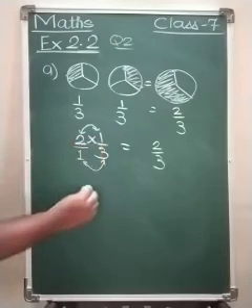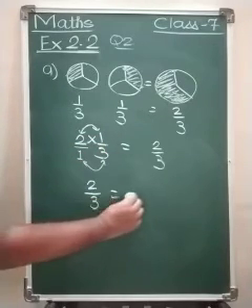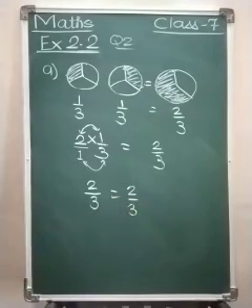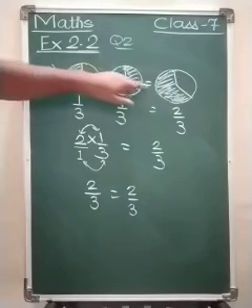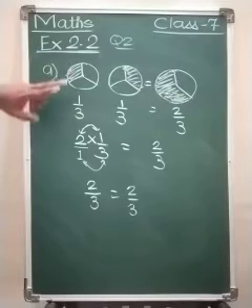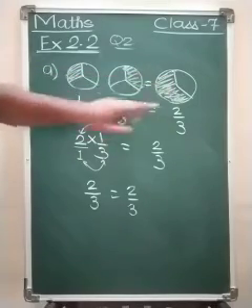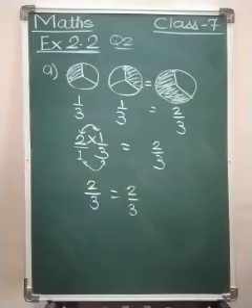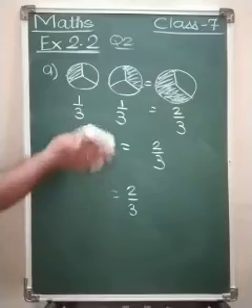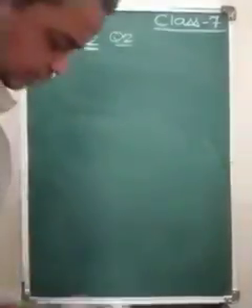So 2 multiplied by 1 is 2, 1 multiplied by 3 is 3, and we can see that both the sides are equal. Here the equal to sign is there. I was not able to see that sign at first. So the answer comes to 2 upon 3, and here we have shown that the answer comes to 2 upon 3. Okay, there are total 3 sums here. So the A sum we have solved. Now we'll try to solve the B sum. Not the B sum, the C sum.